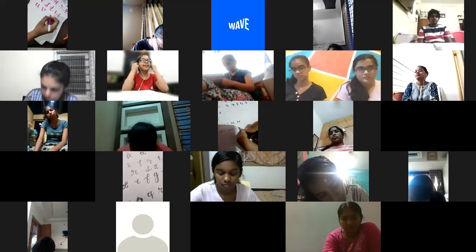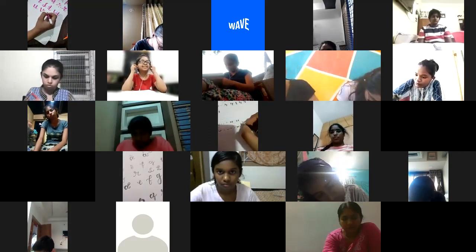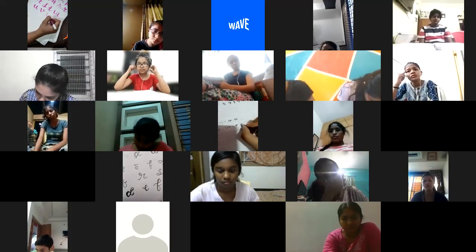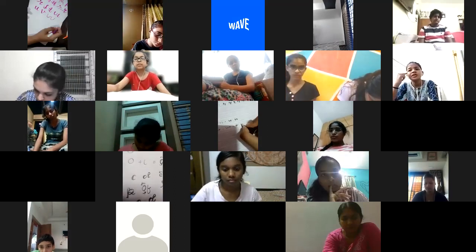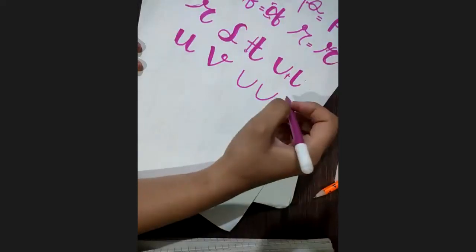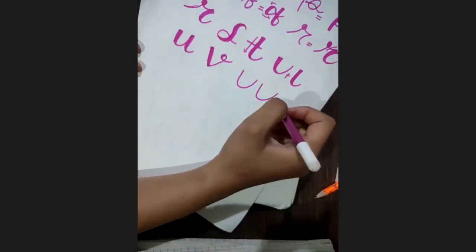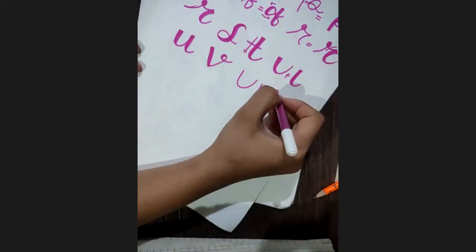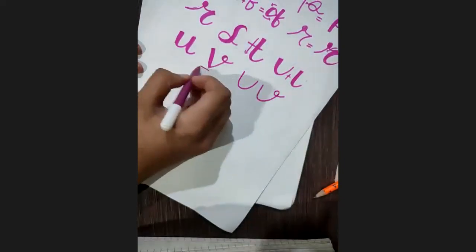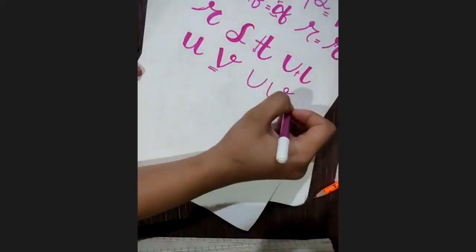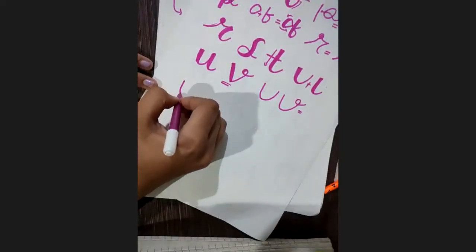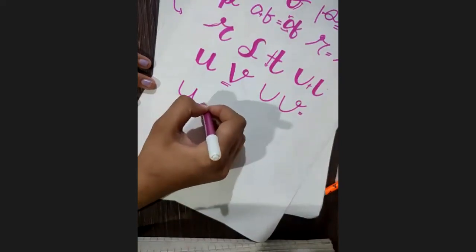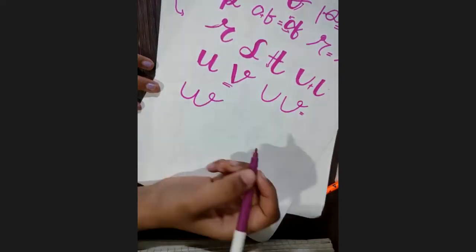Now W is just, you know, two undertones. And wherever we are going to end another undertone, we have to just take a loop and out, just like V. Yeah, so it will come as an undertone connected to an undertone and out.